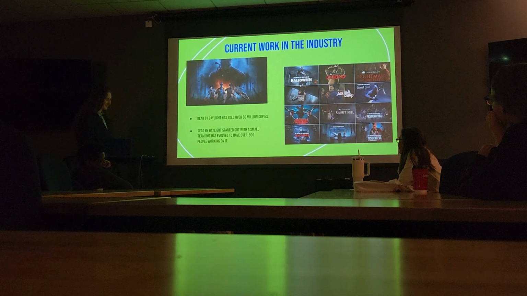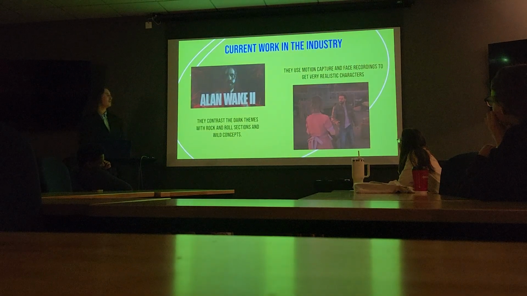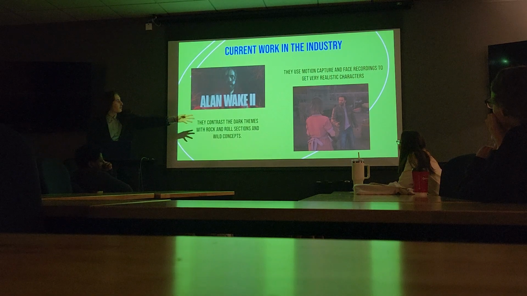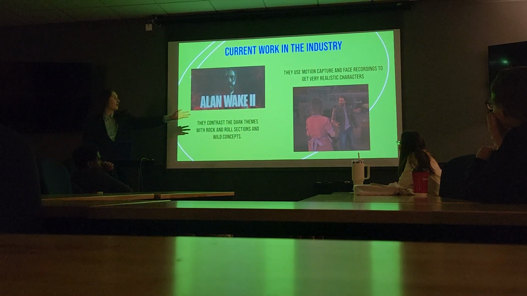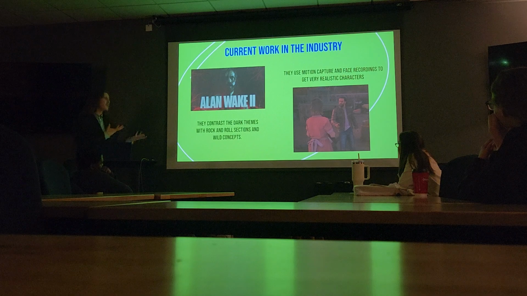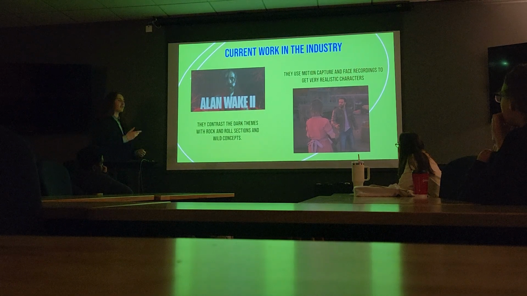It's so cool. And then another game is Alan Wake 2. This is also another trend in media that you see over there. Those people in the game are actually people in real life. They use face scanning. You've probably seen pictures of it where they have all the balls over their body with the tight suits. It's motion capture. Yeah, I think it's cool that they're implementing that in the video game as well.